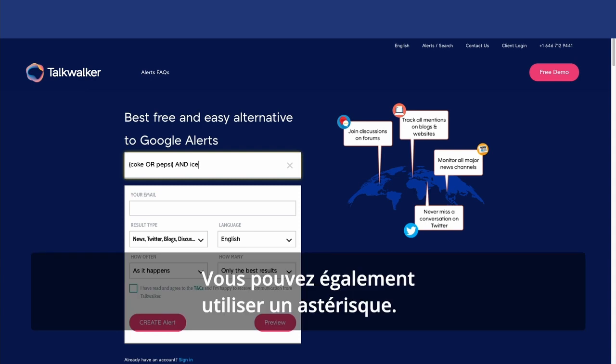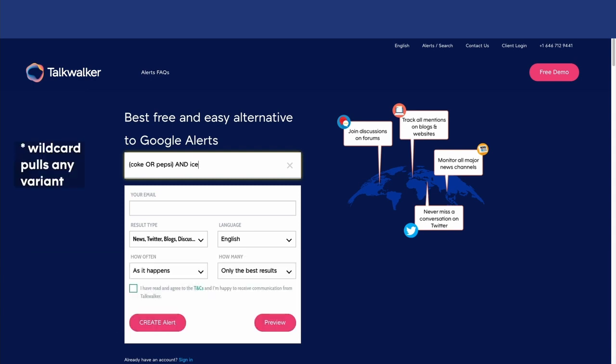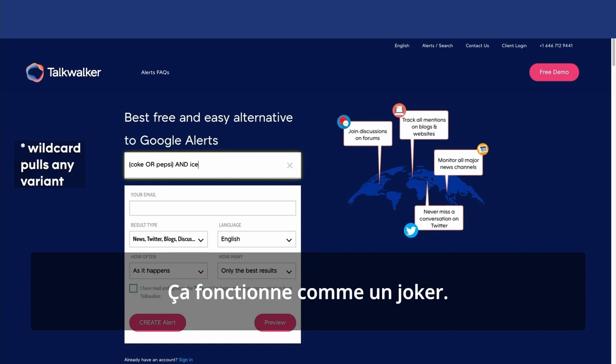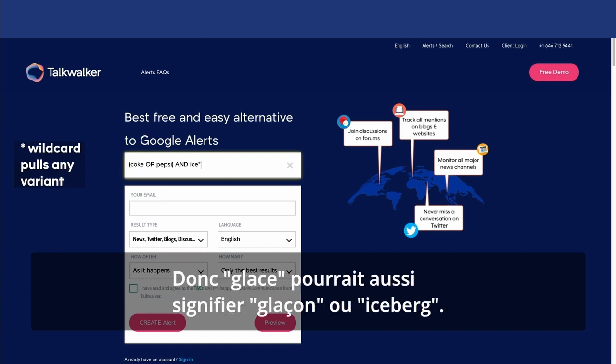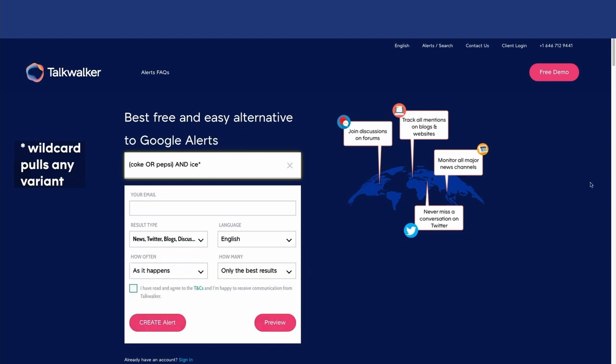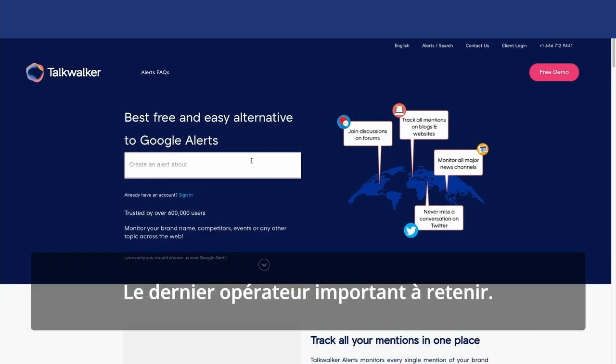You can also use an asterisk. This works as a wildcard. It will pull in all variations of a keyword. So ice here could also pull in ice cube or iceberg. The last important operator to remember